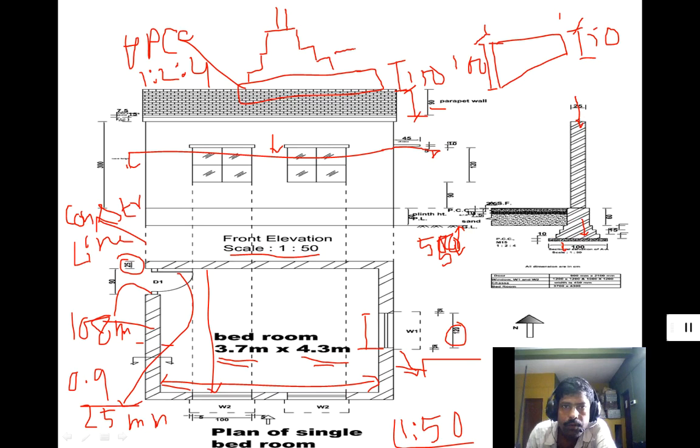So here the 150 mm is the height of this step. 150 mm means two layers of bricks are used, because 3 inch is the height of a brick. And obviously you have to use mortar to make a bond with the bricks.